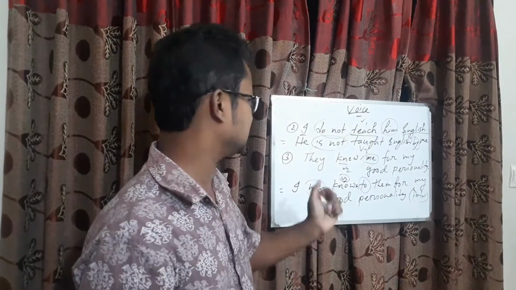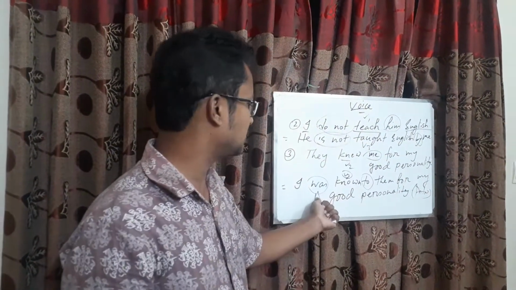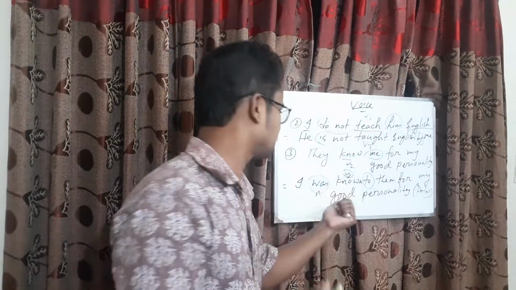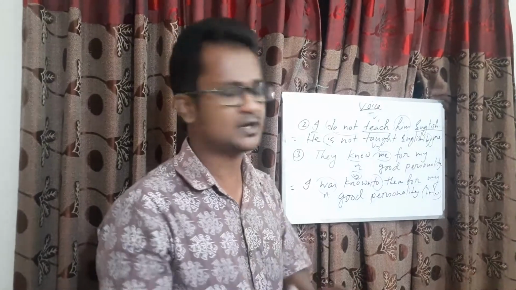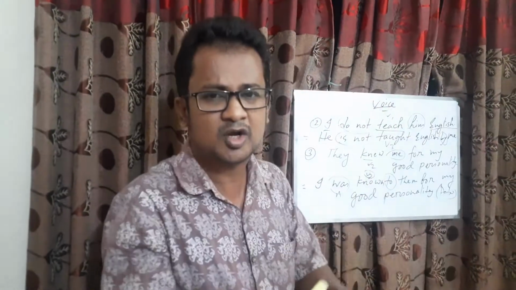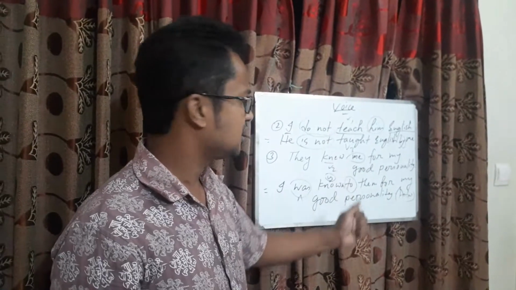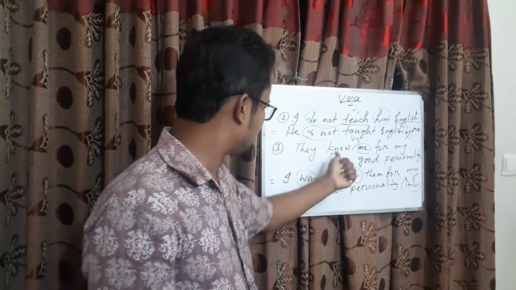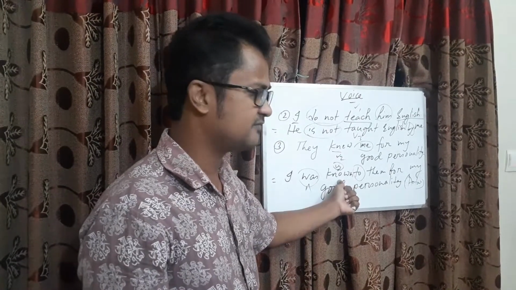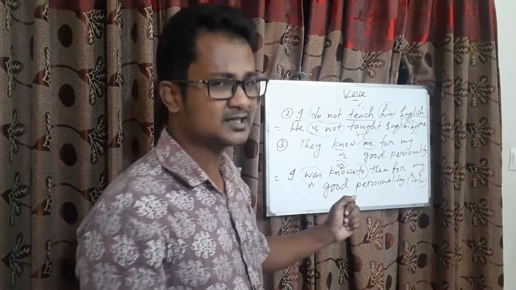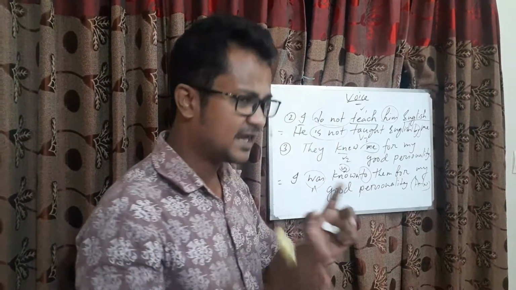You will omit this, because there was a rule that whenever V2 is there in active, there will be was/were in the passive, followed by V3 of the main verb. So was/were will be omitted, and V3 will be V2. Again I am repeating: